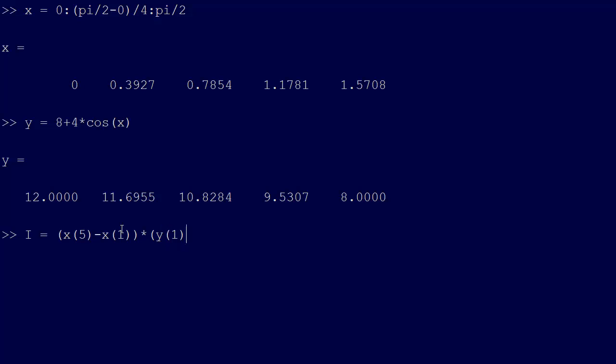Plus 4 times f at xi when i equals 1, 3, 5. Since we're not using zero-based indices, that's going to be 2, 4, 6. But that's just going to be 2 and 4 because we don't have 6. That'll be times y2,